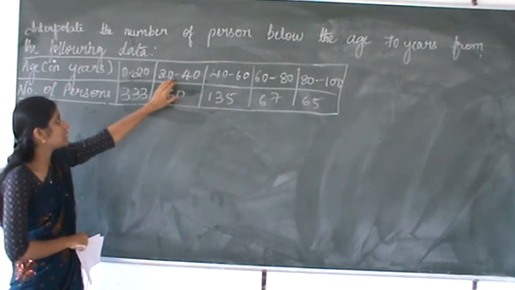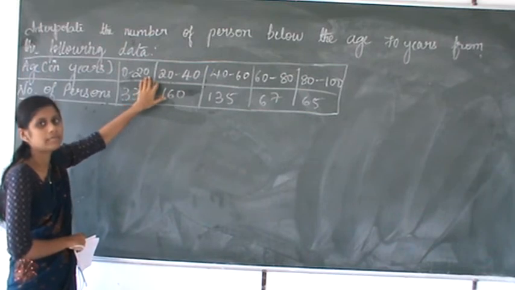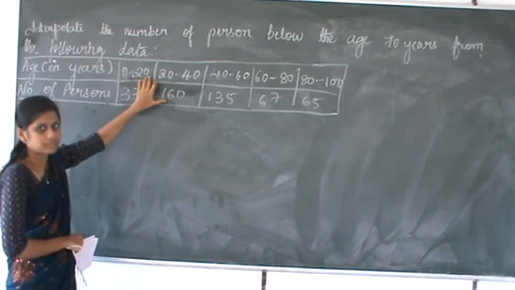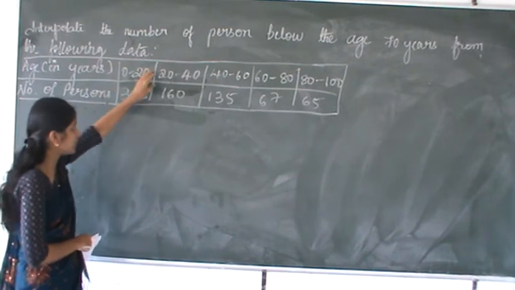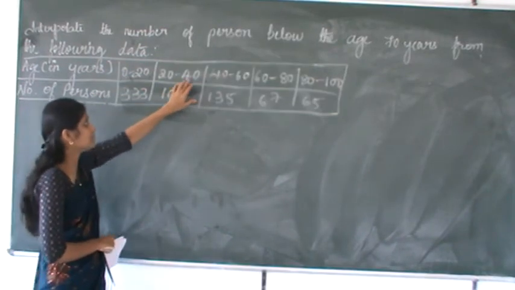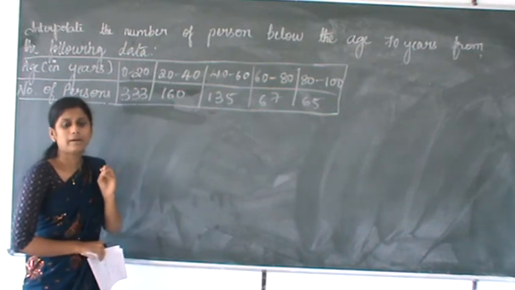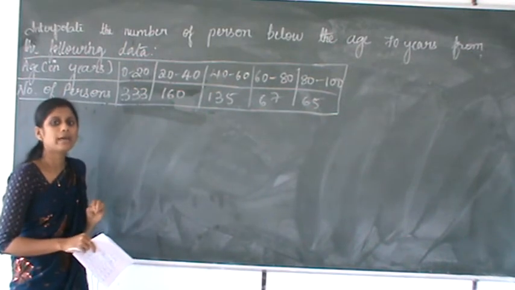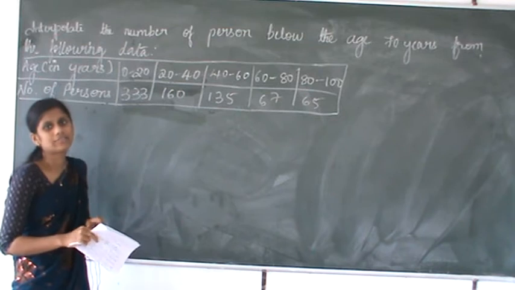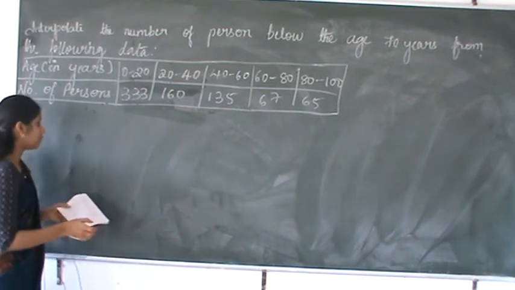See, 70 is not one of the class limits of x data. In the class limits, 70 is not there. That's why we can't apply the binomial expansion method. We have to apply Newton's advancing difference method. So write down in the solution,